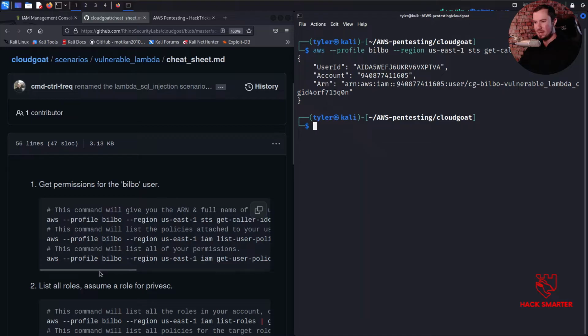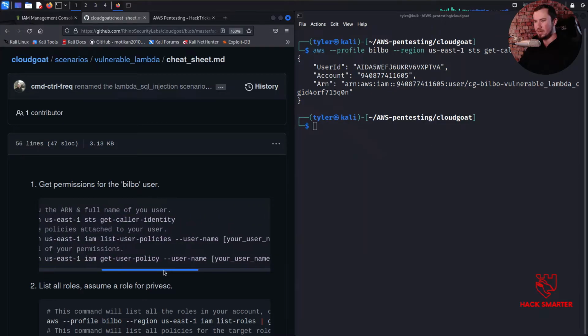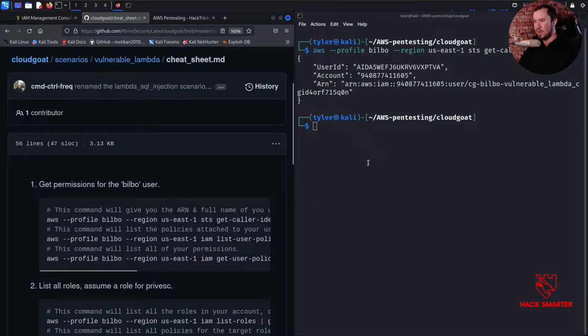Now it says what we need to do is this command, which will list the policies attached to your user. Our username is going to be this full cg-bilbo-vulnerable-lambda. Yours is going to be different, of course. At least I'm pretty sure it's going to be unique. So let's see if we can list the policies attached to our user. If we do aws --profile Bilbo, I know it's a little monotonous to type it out each time, but once again, I think that muscle memory is important. And we'll do list